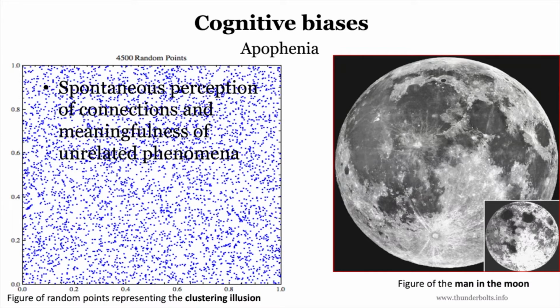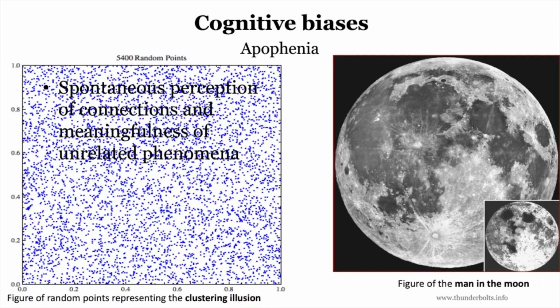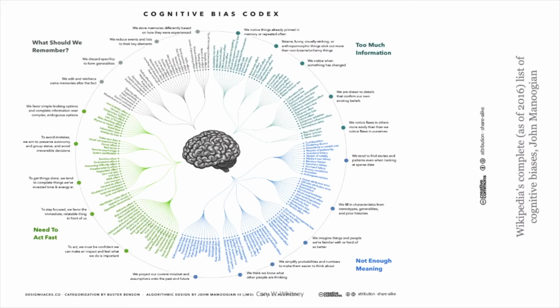But if, for example, the y-axis were margarine consumption and the x-axis were something else, heart disease or divorce, and I start to see some clusters here and there, because of my confirmation bias or because of apophenia, just seeing the clusters, I may come up with some relationships. I may draw some conclusions from this random data set. That is not the entire list of biases. As of 2016, the Creative Commons, a whole group of experts, got together and they tried to make a codex of cognitive biases.